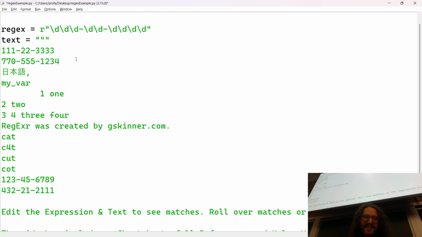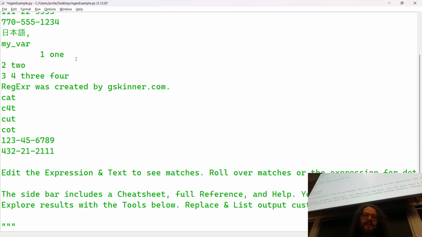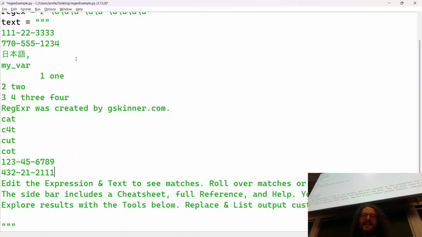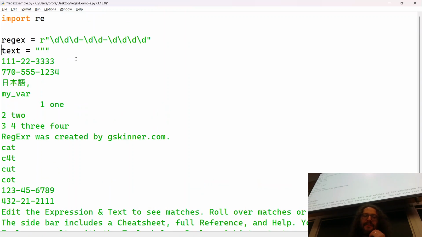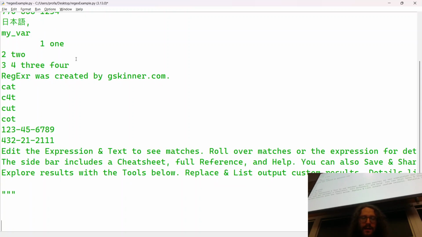So we've got this text, and let's say I want to write a program. We're not worried about replacing yet. Let's just write a program that finds all of the social security numbers in this string. That's very simple. We can do it actually with one statement. Print, we can do result is equal to re, which is the package. And this is actually the least efficient way to do it, but it's easy to remember.